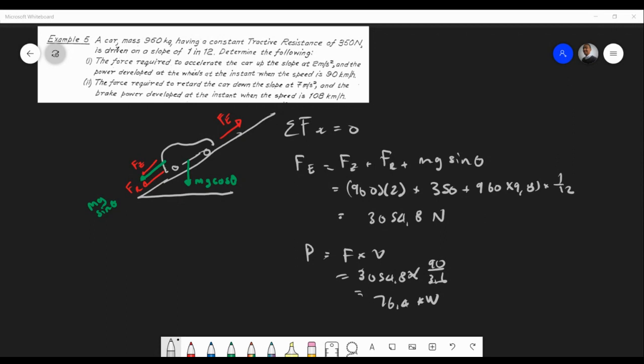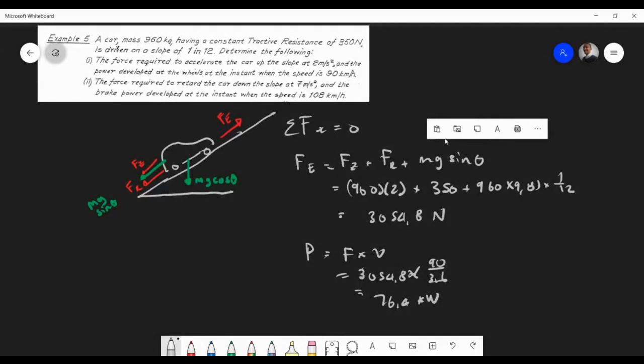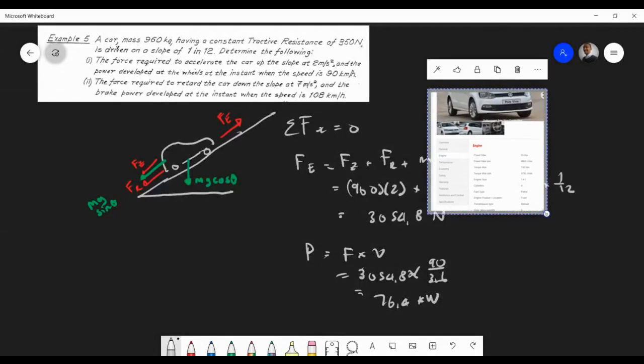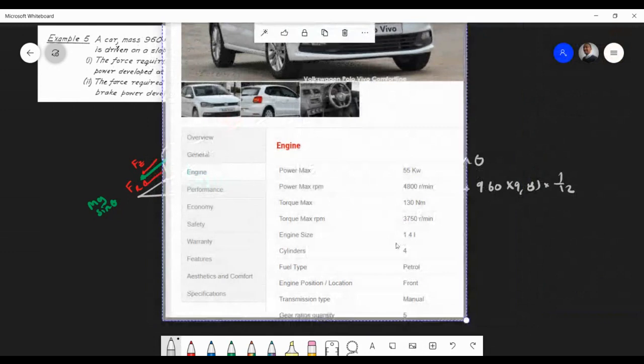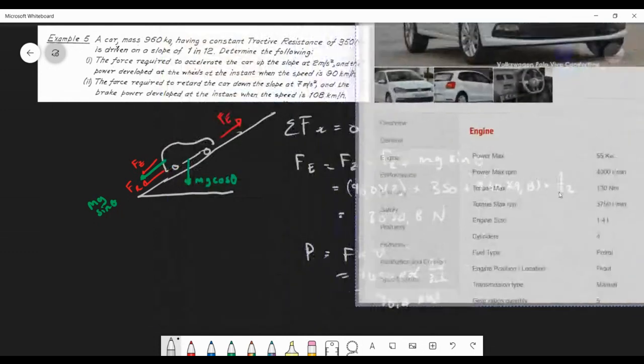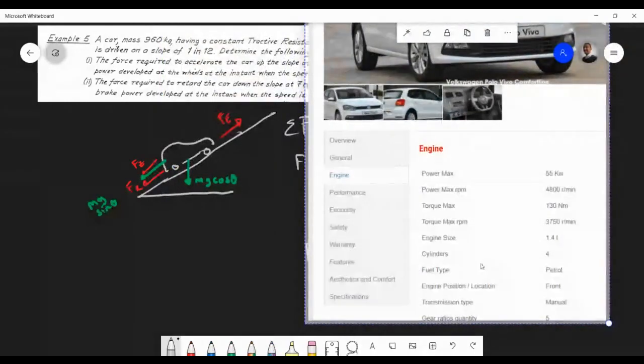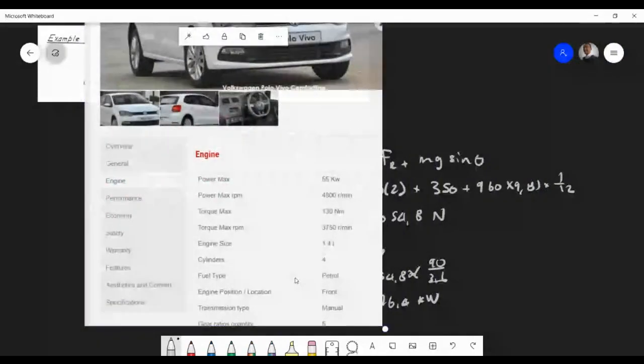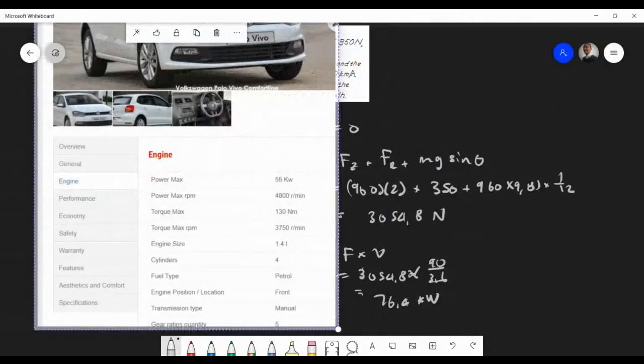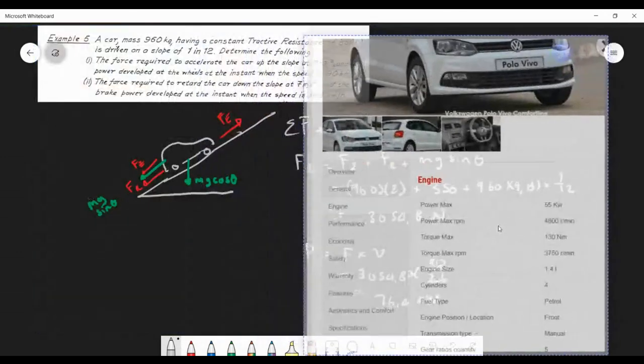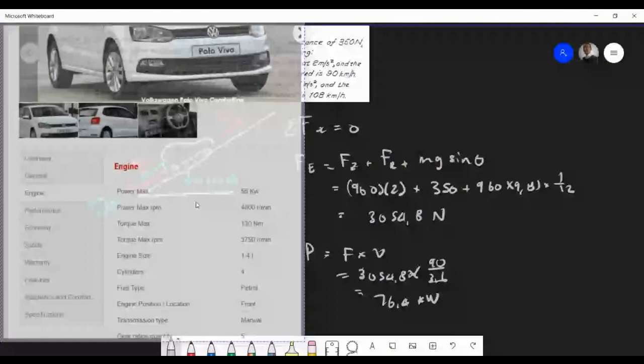I'm not going to screenshot the whole thing though. But if you go on cars.co.za, for instance, you look at it, just zoom it up. It's a normal Polo Vivo. It's a 1.4 engine capacity, a 4-cylinder. So the power max is around 55 kilowatts. This car is particularly quite strange. Would you think that this car would be able to go up this incline, given the specs of the